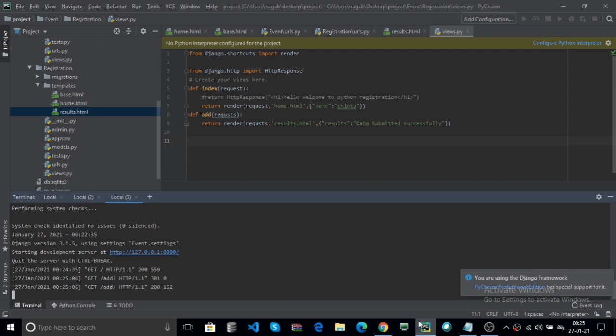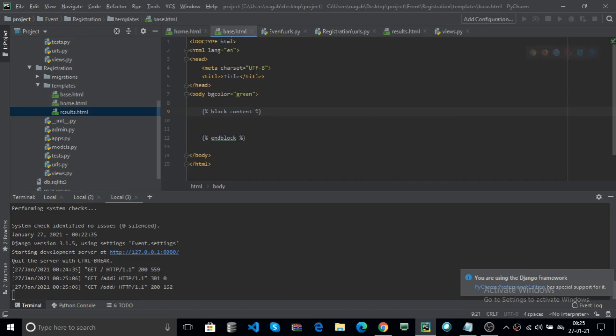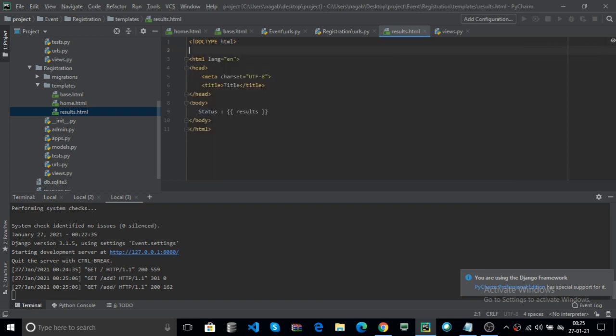Here you can use your base.html similar to your results.html. You can also use the DTL language, extends, use your base.html, now ended with the percentage.